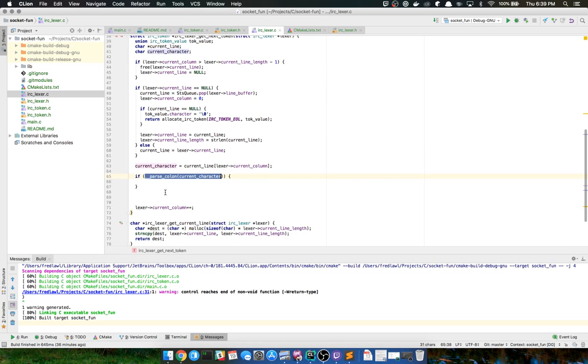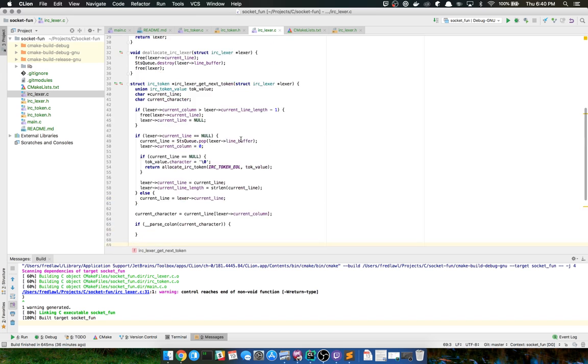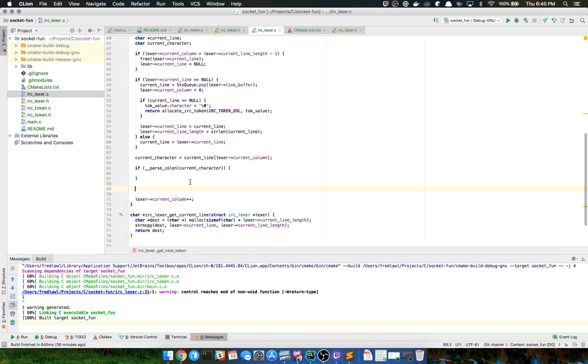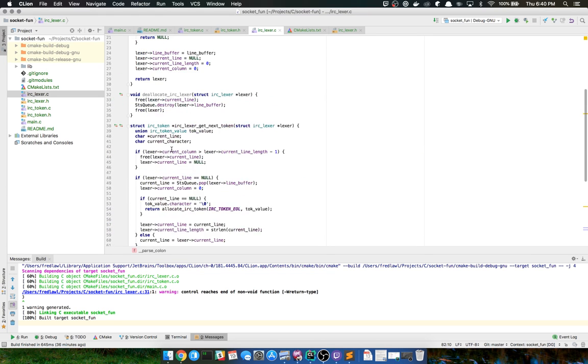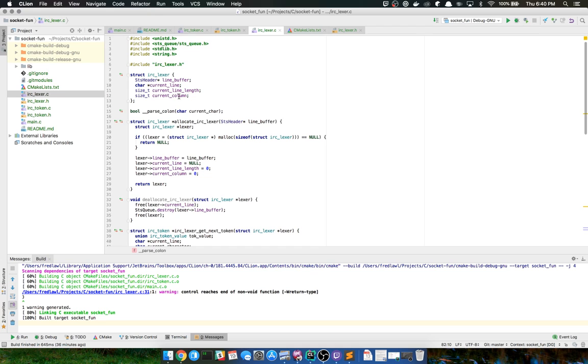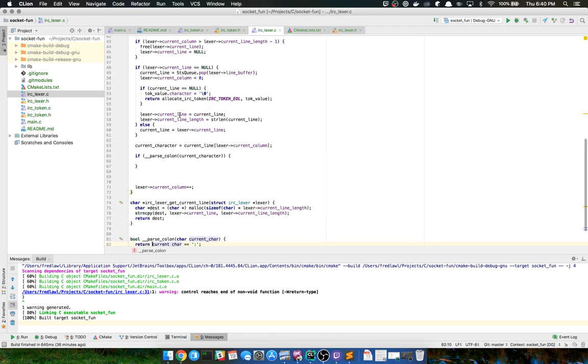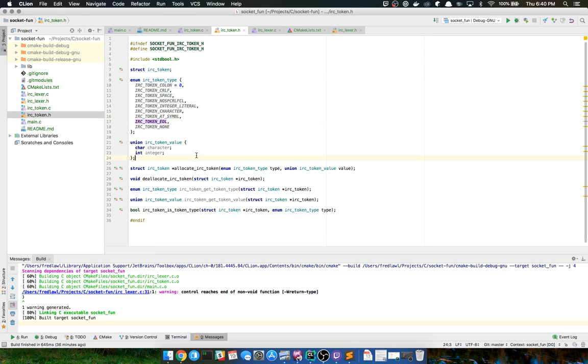I kind of want to ignore it for now. I'm not trying to validate that it's correct. I'm assuming that it already is correct, because it's coming directly from the server. So I think what I want to do is create a token for, all right, I think I'll do that.